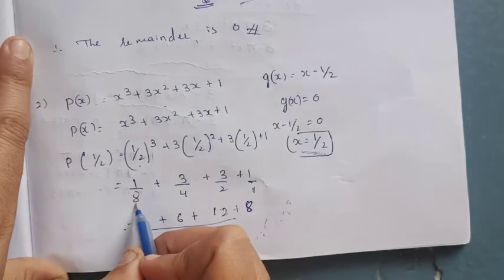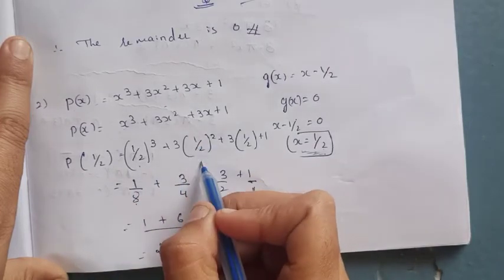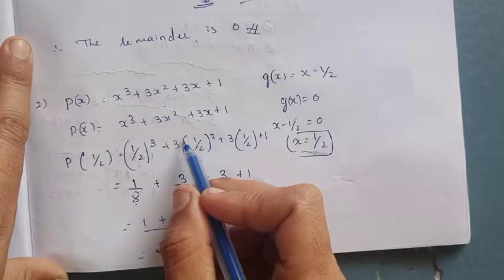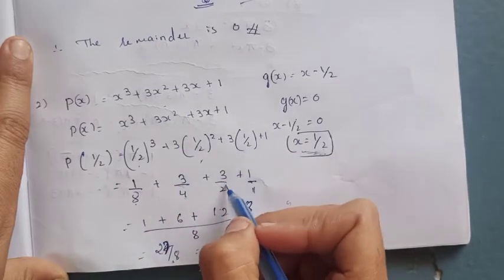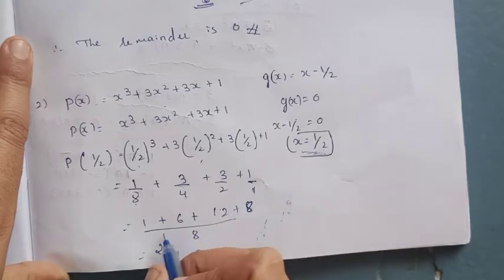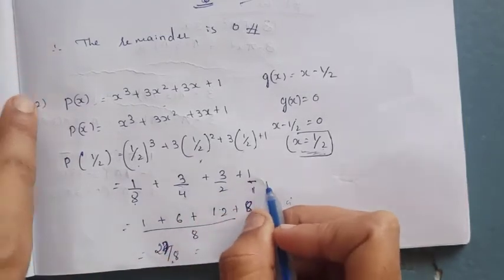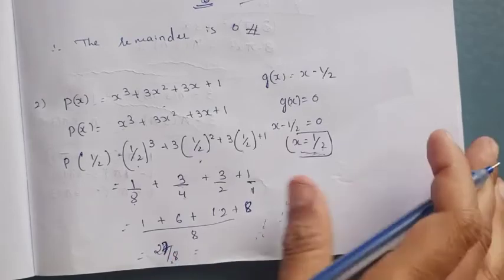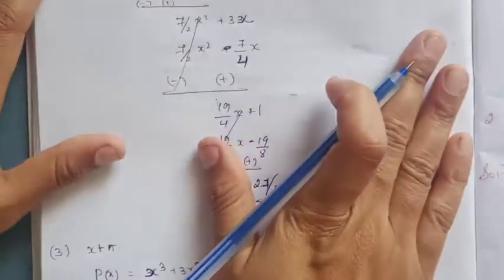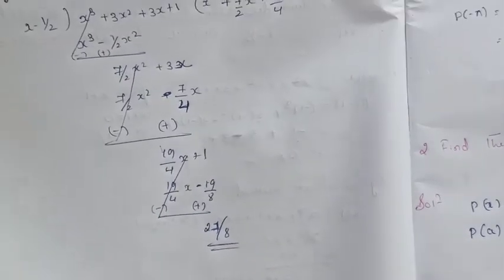See, we get 1 by 8, 3 into 1 by 4, and 3 ones are 3 by 2, plus 1, and we do addition of fractions. LCM is 8, we get 27 by 8. Next, through long division, we got here 27 by 8 as the remainder. In the same way, shall we see